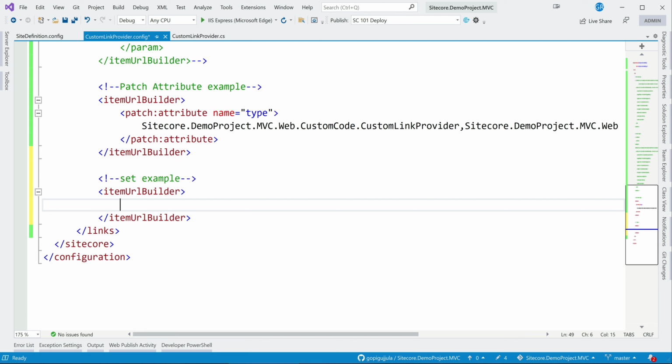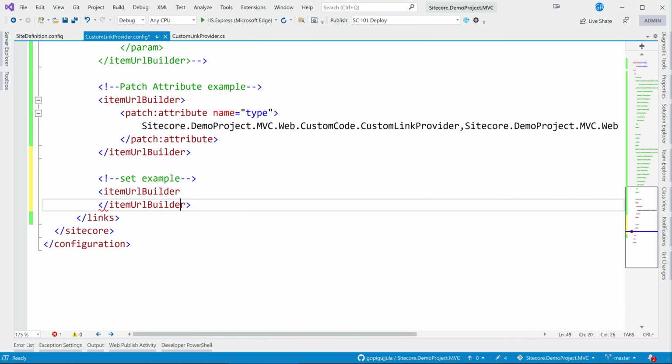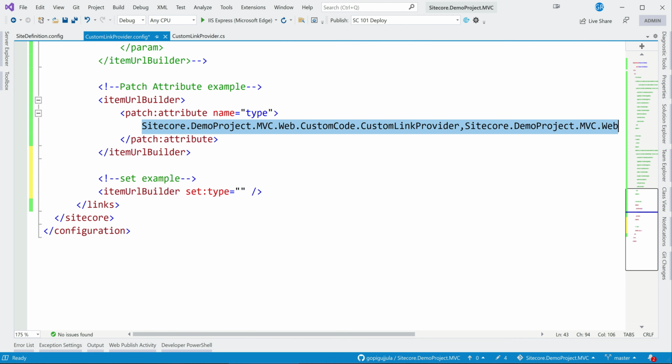Not here as well. So it should be, okay. Now I can provide set, believe again the syntax might be correct, set type equal to. We are only setting one type, we are not touching anything.